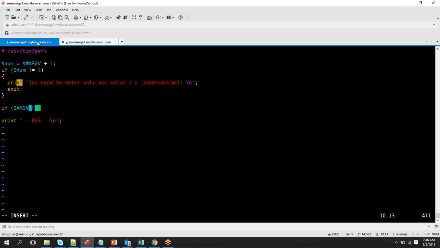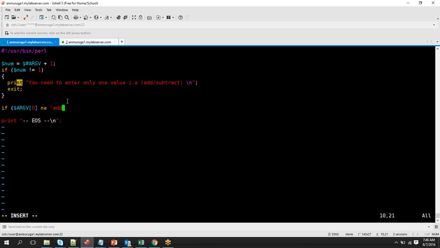So what will this do? This is the first index which is going to store the value of whatever arguments you are passing, right? So if ARGV[0] is not equal to